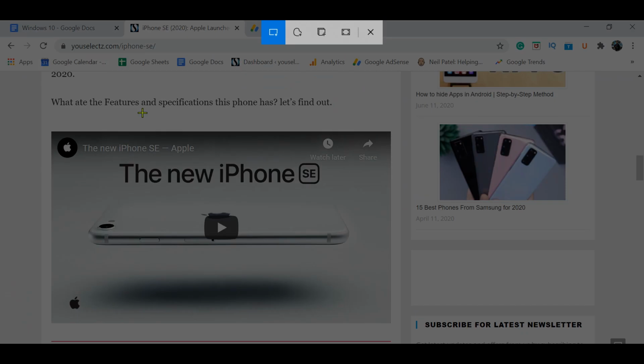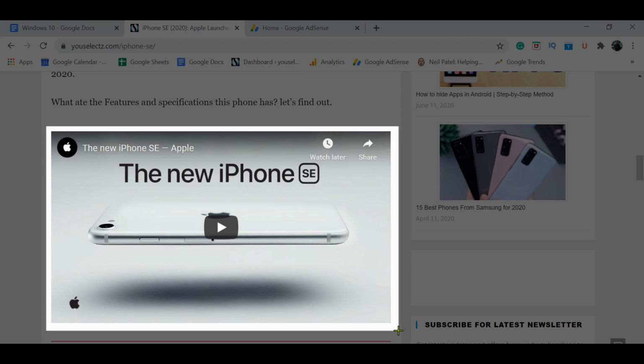So this gives me tons of options like a rectangular snippet, a freeform snippet, and also if I want to take an entire screenshot, then I can use the full snippet option. Suppose I want this portion of the screen to be screenshotted, then I can use a rectangular snippet to capture that portion of the screen.